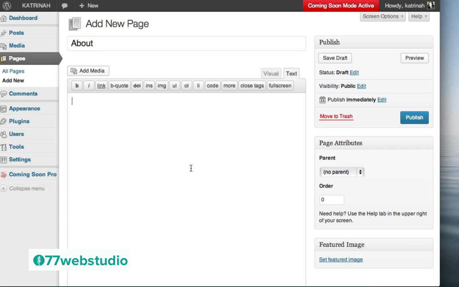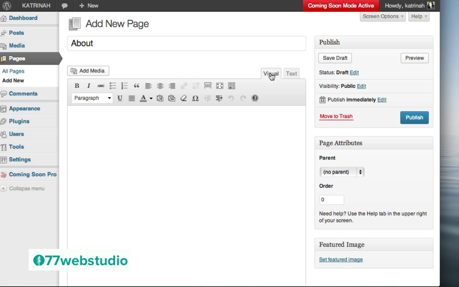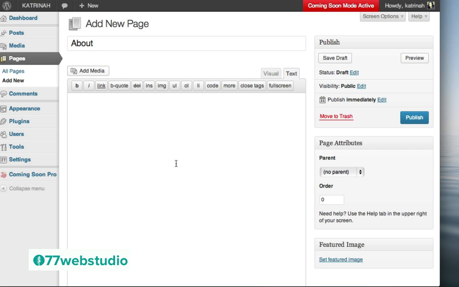Now note that there's two tabs here. There's a text tab and a visual tab, and when I click on visual, you can see this is where we have all of the different formatting icons that we can use to format our content. So this is the what you see is what you get view, where you do not need to know any code in order to format content on your pages or posts. And then once you click on the text tab, we'll see this is the behind the scenes view of code that will be generated by WordPress. So we'll come back to this in just a moment.